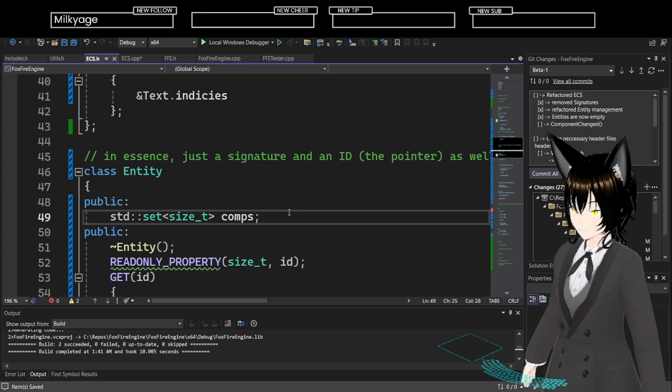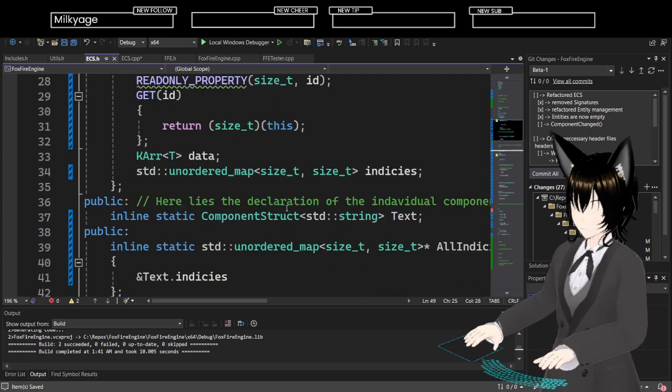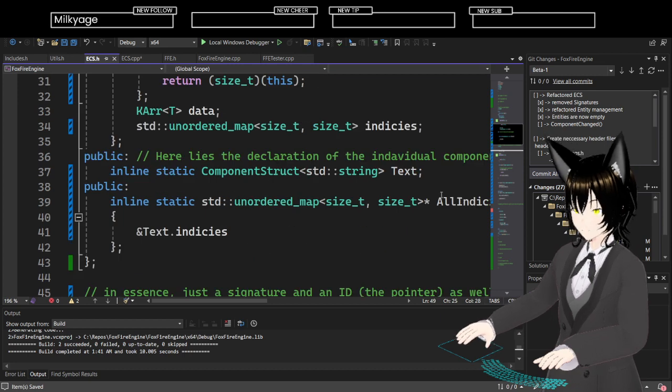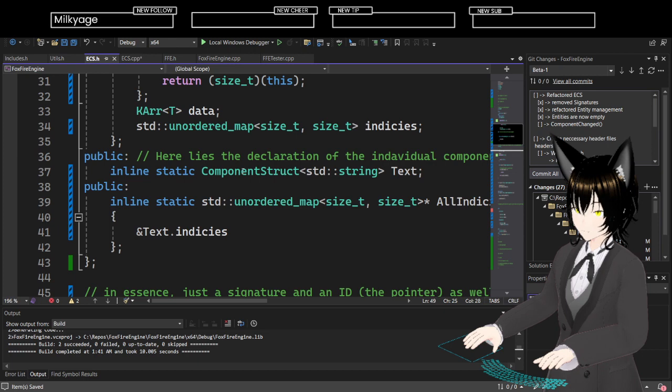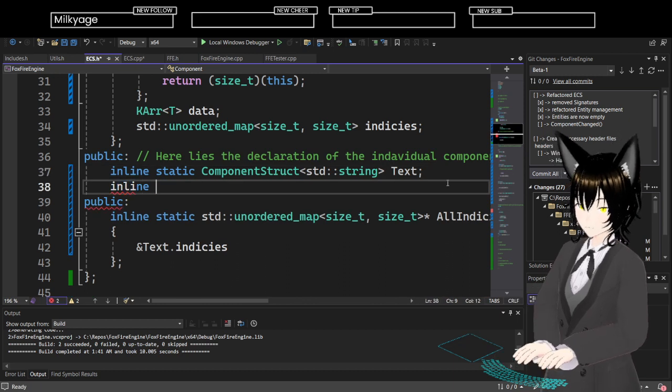So each component type, std string, text, I think, let's find out. Inline static component struct.